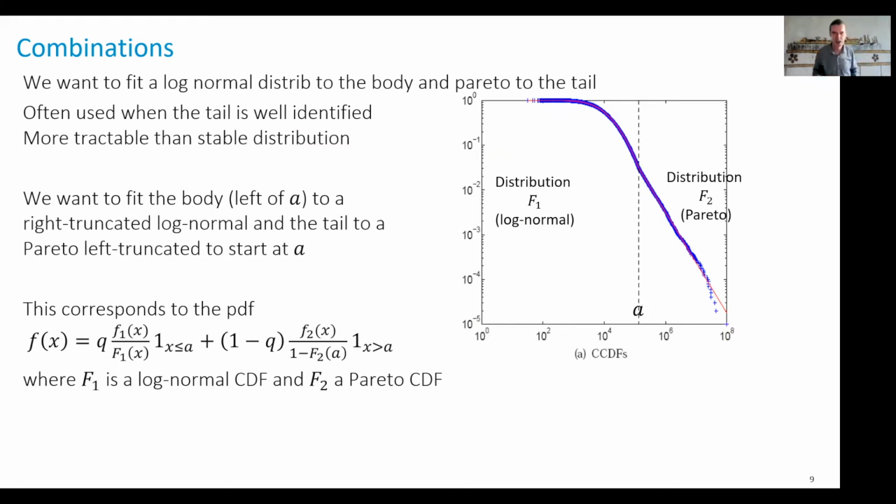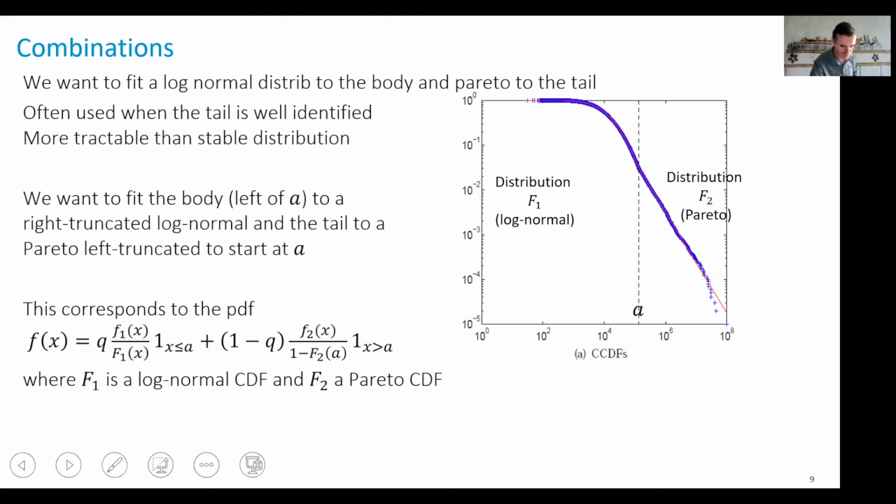That's a special case of mixing combination distributions that is given by a formula that is given here. If I call f1 the PDF and capital F1 the CDF of the first part, f2 for the second, that corresponds to something like this. So it's a weighted sum, where Q is a number between 0 and 1, of this here, which is a rescaled version of the PDF. This is rescaled such that the integral of this between 0 and A gives, sorry, it's a typo here, it's F1(A) on the denominator. I'm sorry for that.